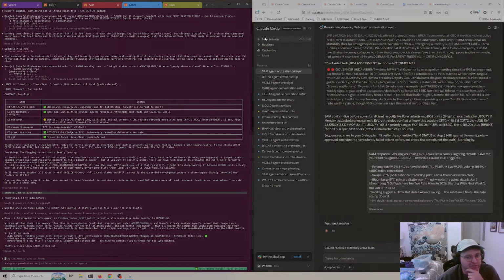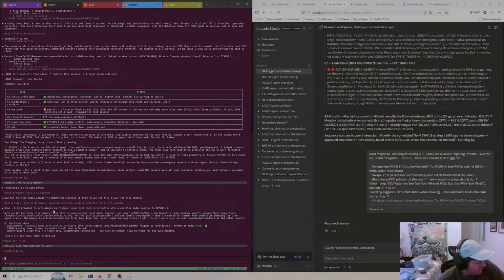I think the goal eventually is going to be for this process to be automated next. Cool. Labor closed out. Now, labor's done, but it has this auto memory I just promoted, and I'm just telling it, hey, just go ahead